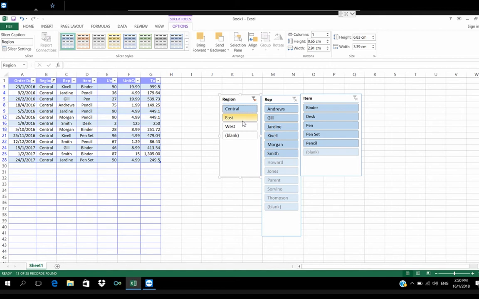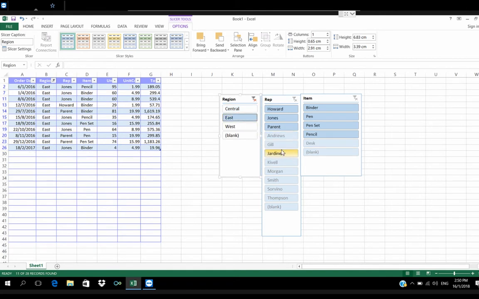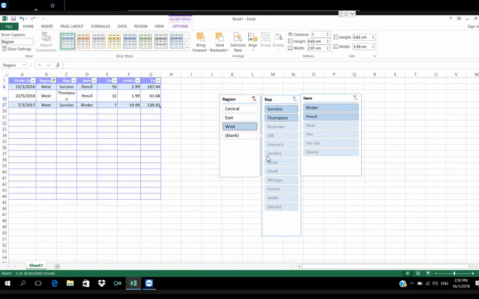If I pick East, East only has 3 people and they are selling 4 items, which is 1 less than Center. If I pick West, there will only be 2 people and 2 items sold.